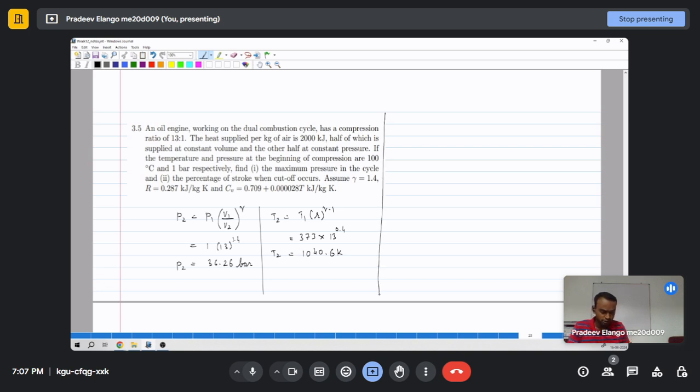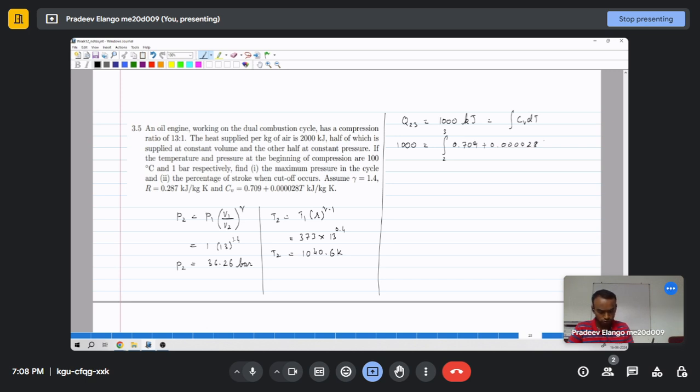So half of the energy is given in constant volume mode, and half in constant pressure. So we can write Q2-3 as 1000 kilojoules, because the total is 2000 kilojoules. Now this is the integral of Cv dT. So 1000 is equal to the integral of Cv, written in K. Cv is 0.709 plus